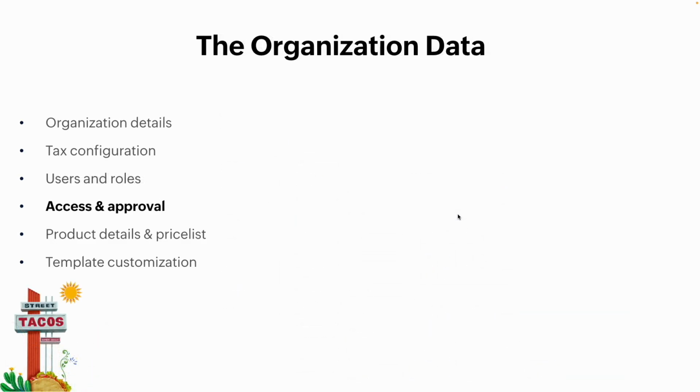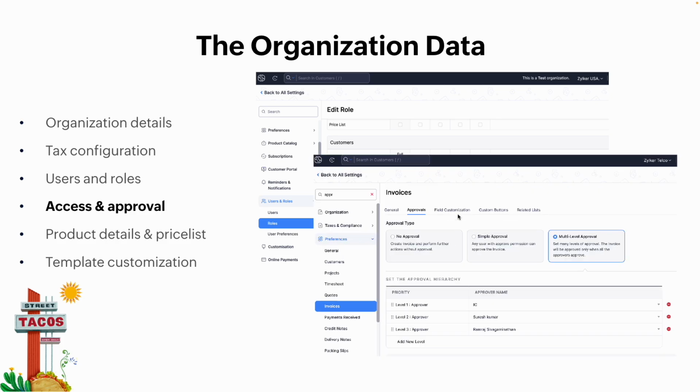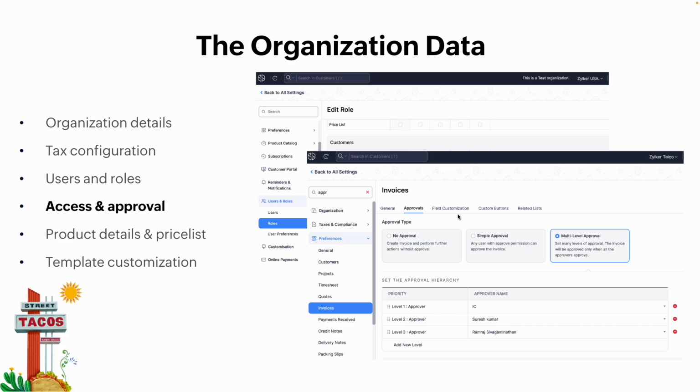As your organization grows, you would probably want to put in place an approval mechanism. We have a single-level approval wherein employees can send for approval to a single approver, an admin, or you can also set up a multi-level approver so that the process is streamlined. Whenever an invoice is generated, it has to be approved by specific people in the finance team or in the sales team